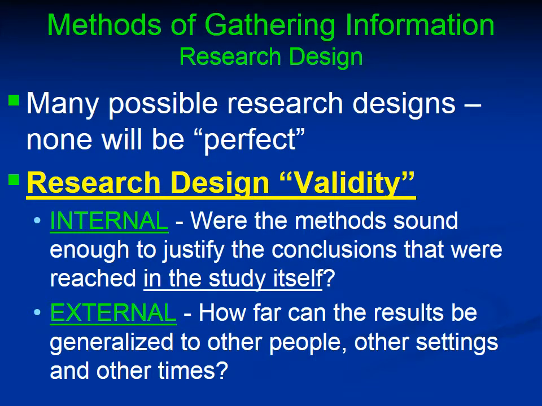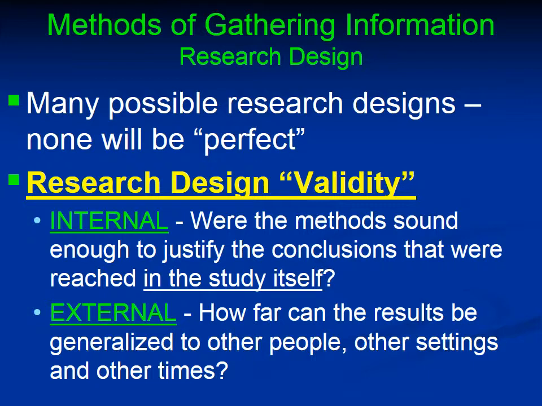All right, in this video lecture number 6, we're going to start talking about this subsection of the Monahan and Walker book entitled Methods of Gathering Information. That starts there on page 69 of the book. So we know the first job in conducting scientific research is to choose variables and then to operationally define them